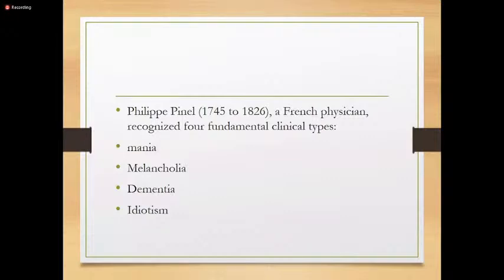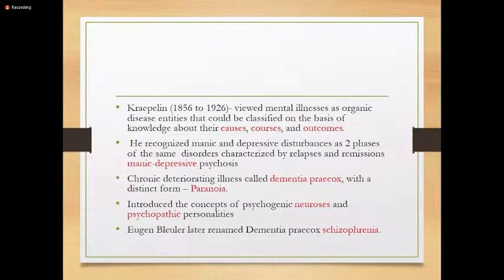Dementia, he talked about dementia, and he talked about idiotism, which covered the whole range of disorders from intellectual impairment to schizophrenia. Then we have Kraepelin, 1856 to 1926,